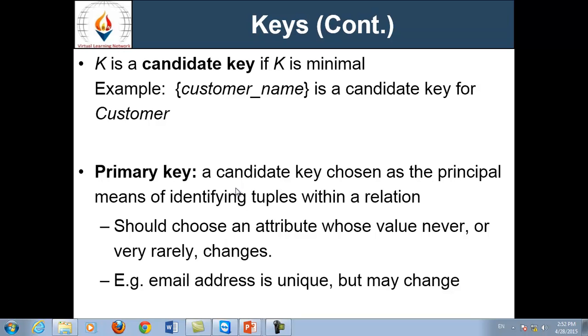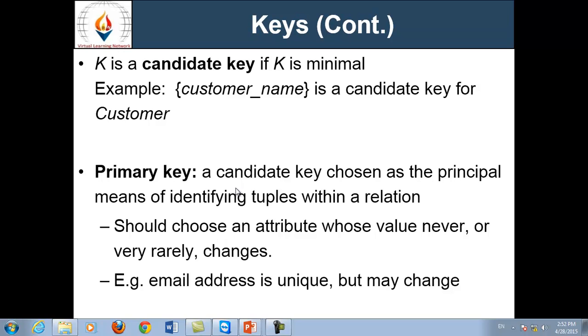For example, there can be a primary key, a candidate key, a composite key, a secondary key, and an alternate key.